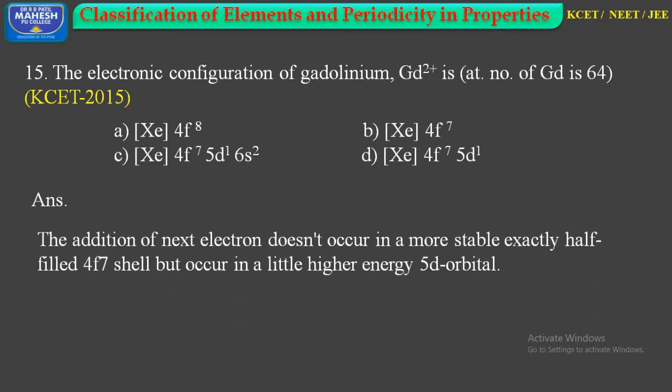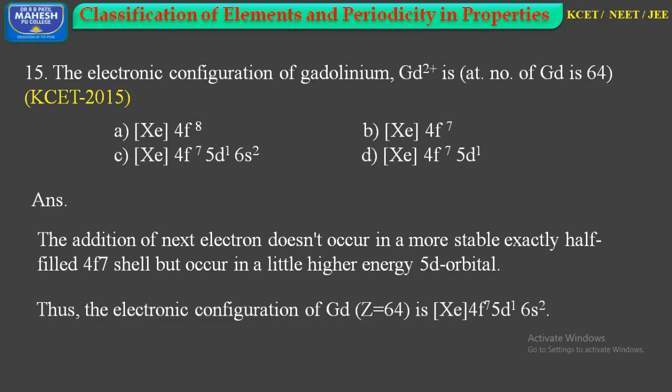With this, we can write the electronic configuration of gadolinium as xenon 4f7 5d1 6s2. Xenon represents the first 54 electrons by noble gas, whereas the rest 10 electrons are represented by 4f7 5d1 6s2